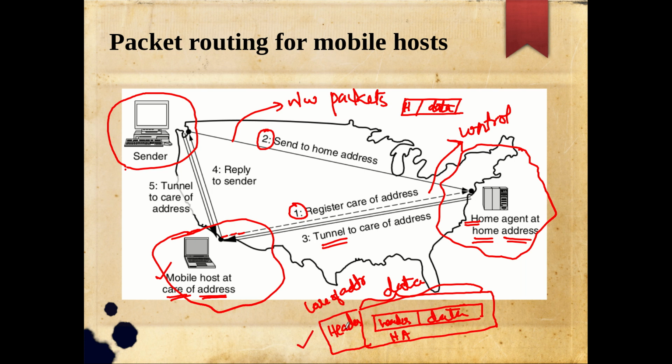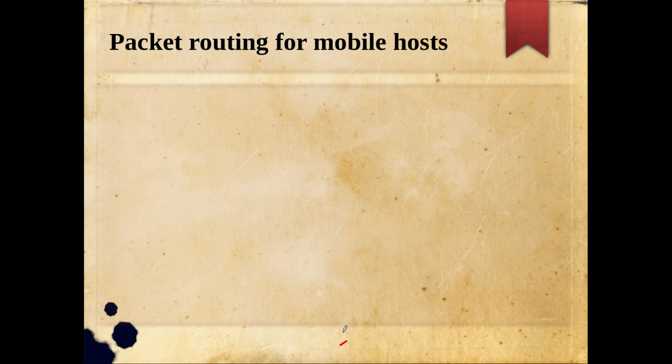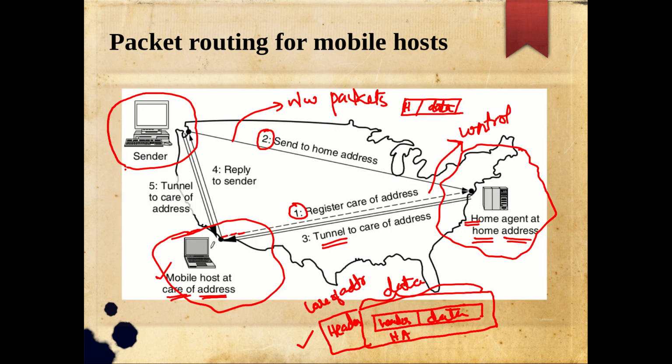You can think of it as a kind of envelope: I already got something, which I put inside another envelope, and then I added a further address. This is actually the process of tunneling, which is why it is shown with a double line. It is specially communicated with an additional envelope. So now it will be tunneled to the care of address. As soon as it is inside this envelope, the new address is the care of address. The routers will know where this care of address is located, routing will happen accordingly, and it will be delivered to the actual mobile host.